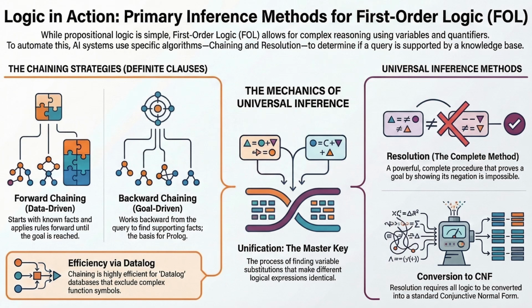Yes, and that creates an absolute explosion of rules. The computer starts substituting X for Y everywhere it possibly can, generating millions of totally useless variations. So how do we tame it? Specialized rules. Demodulation is a big one. It's a simplification rule. If you have a rule like X plus 0 equals X, and the computer sees term plus 0, demodulation says don't even think about it, just rewrite it as term immediately. It aggressively cleans up the mess.